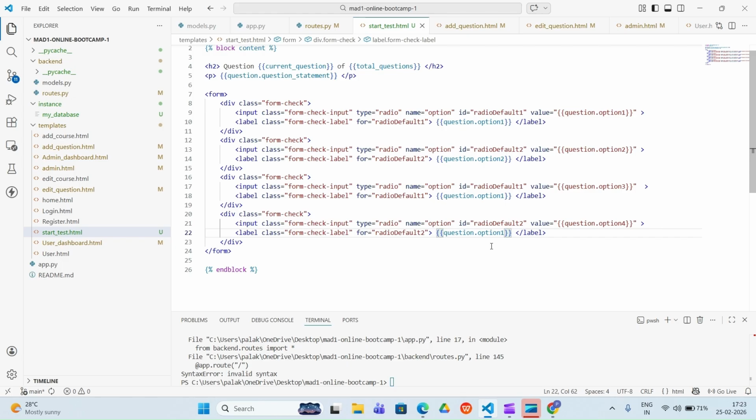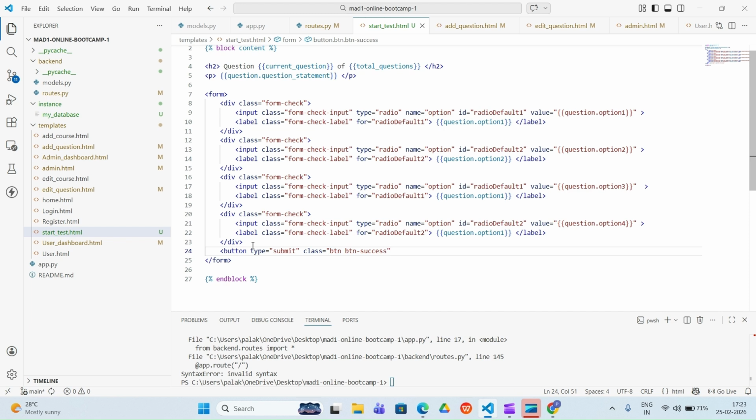Now what else we need to give is a button here. So we'll create one button here, and the type of this button will be submit as usual. Okay, and then what else is there? We need to give one class here. That will be your button, anything you can give. So let me give here success.